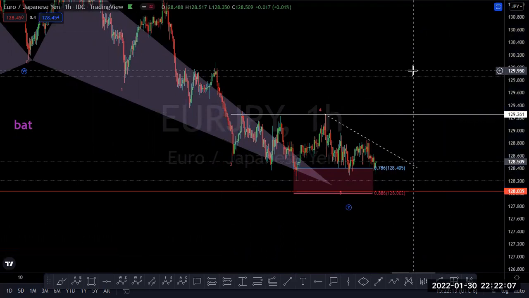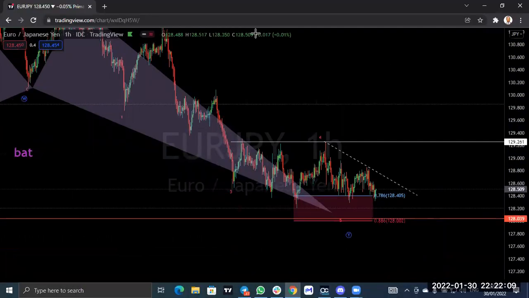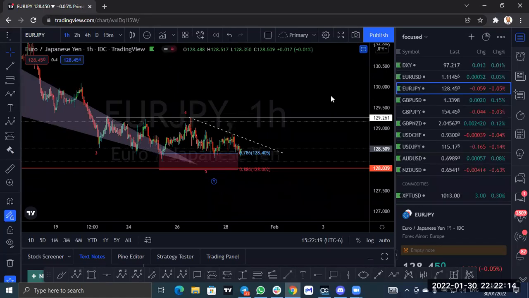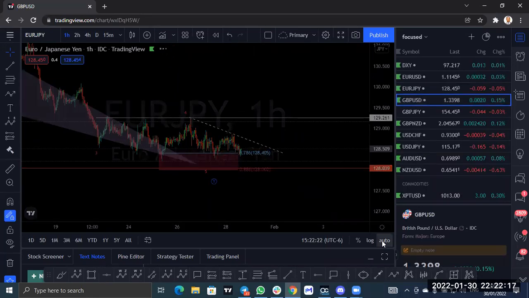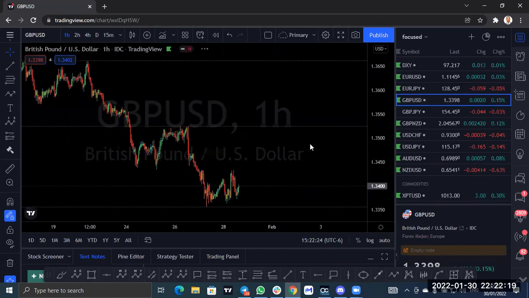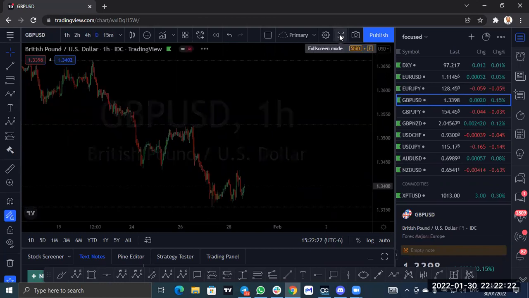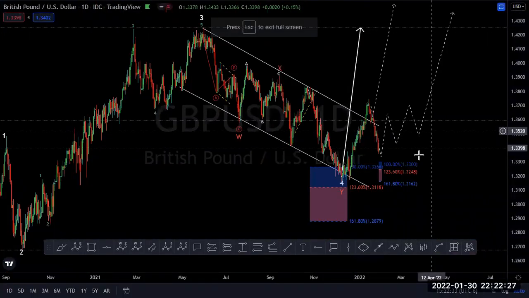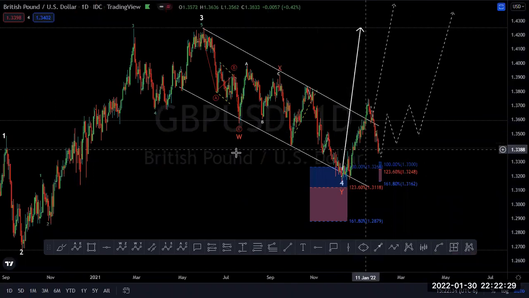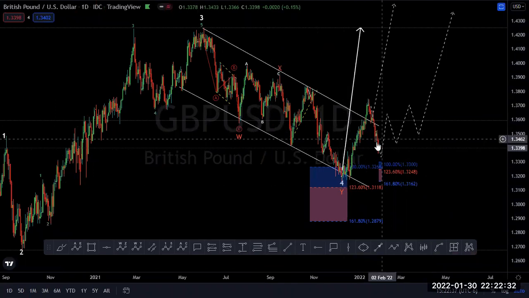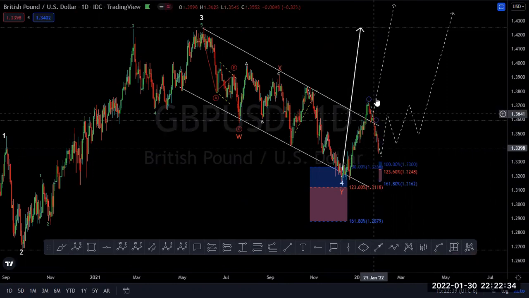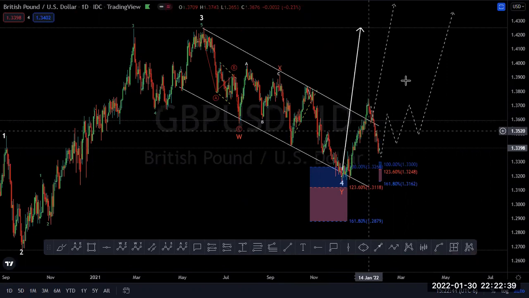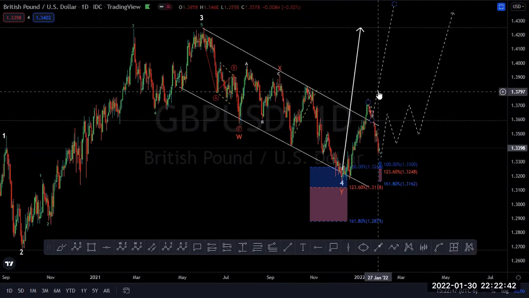Okay, so now let's go to the other pair we will be talking about tonight. Pounds USD. Let's check the daily chart first. Pounds USD. This is WXY. I don't expect a new low. Okay. We marked when this channel was broken. I think we will go up from here, but it dropped further. Okay, so that's why